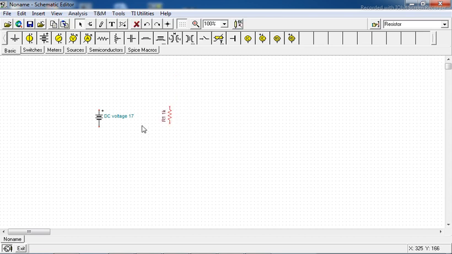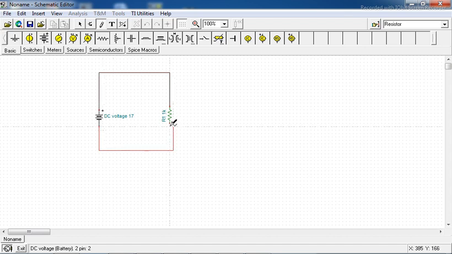You place it here and you take your pointer near your DC voltage, one of the terminals of the DC voltage. The symbol will come for doing the connection. So you can just drag it by clicking your mouse. You drag it as if you are drawing by the pen, because we want to connect the positive terminal of the battery with one of the terminals of the resistor. In the same way, let us connect the negative terminal of the battery to another leg of the resistor. So again you do as if we are drawing the actual wire there.